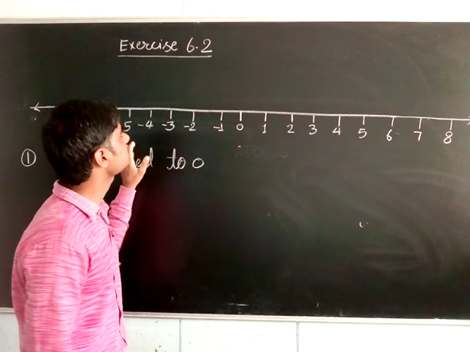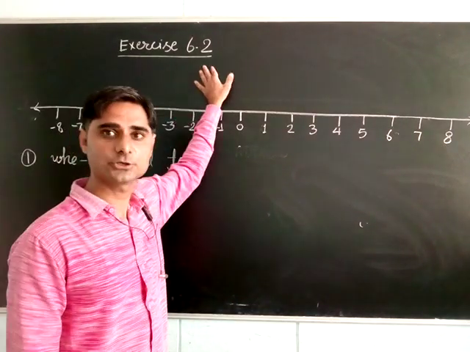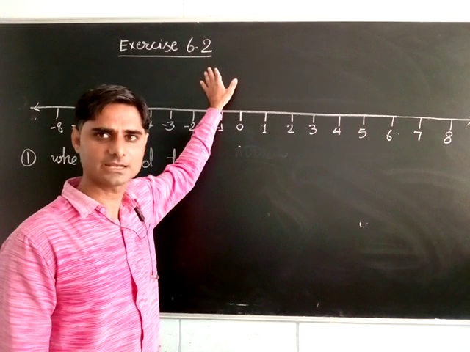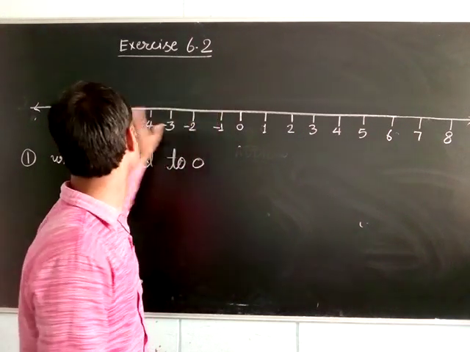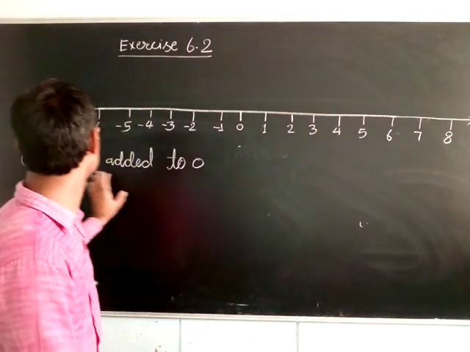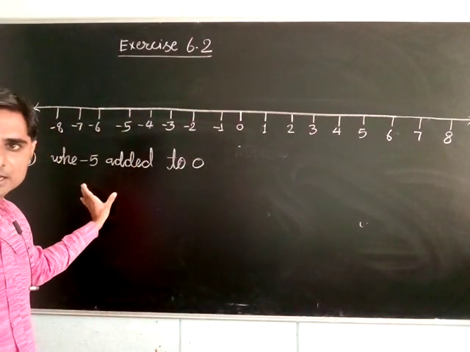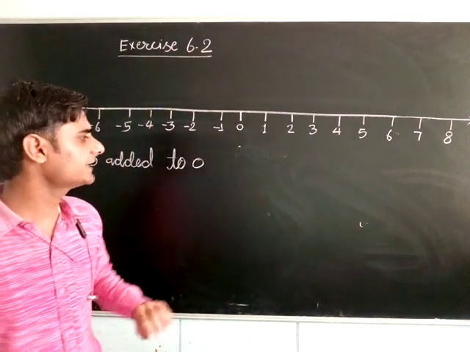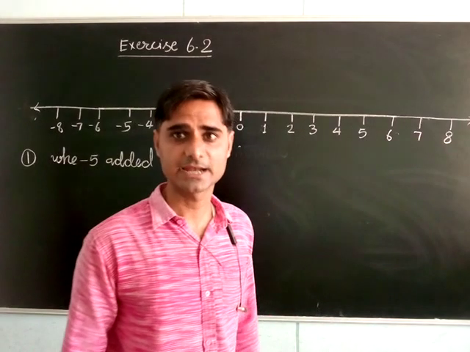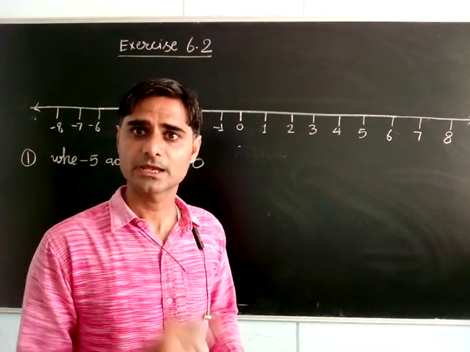Okay, now today we will start our exercise number 6.2 as we have done already, but we will revise the same thing back and then we will proceed for the new things. So this number line I have drawn here and this is question number 1 of your 6.2, that is MCQ. Okay, before that we will learn some rules, addition rule of integers.